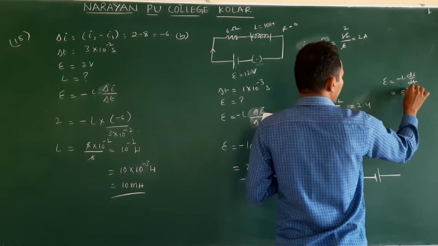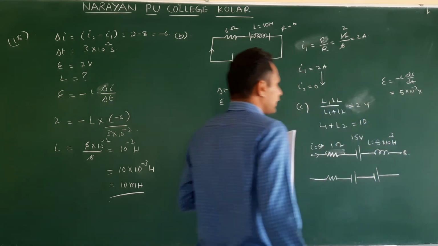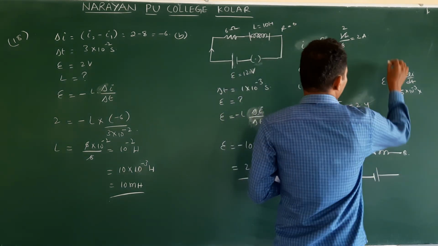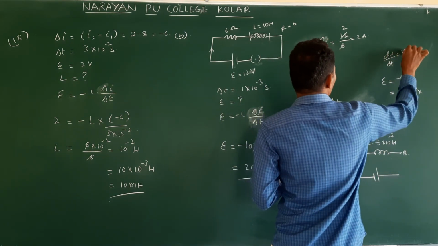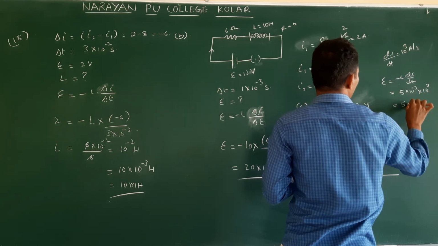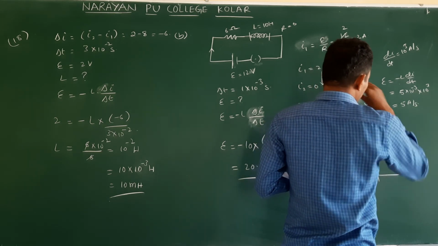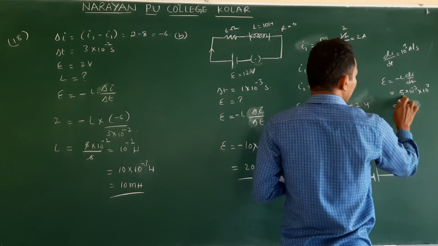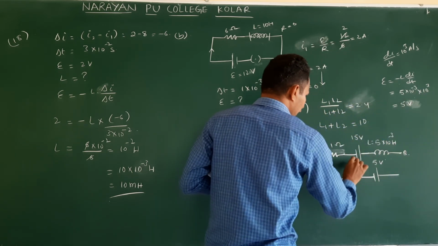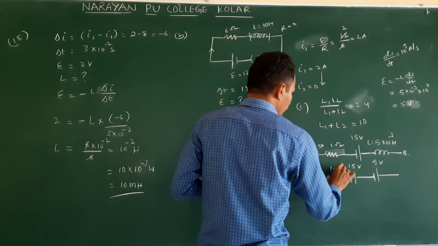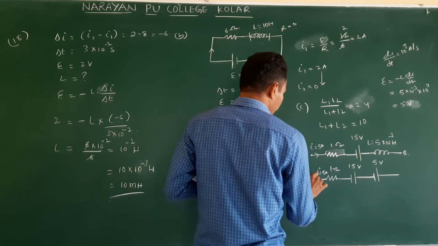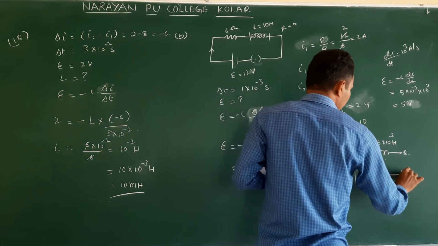We are talking only about magnitude. So L value is 5 into 10 power minus 3. With what rate is current changing? Di by dt is given as 10 power 3 ampere per second. So into 10 power 3. Di by dt substituted, L substituted. So 5 volts. And this acts like a 5 volt battery. It's already 15 volt. This is 1 ohm. Current is moving 5 ampere. So this is A and this is B.